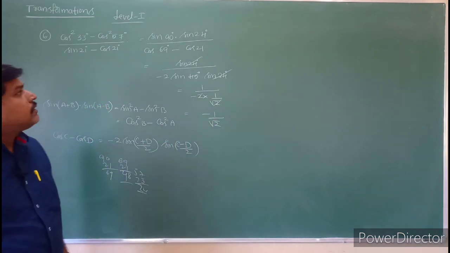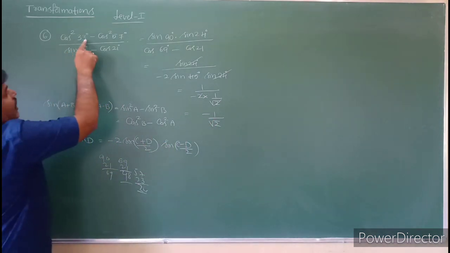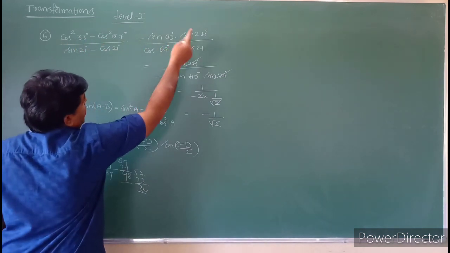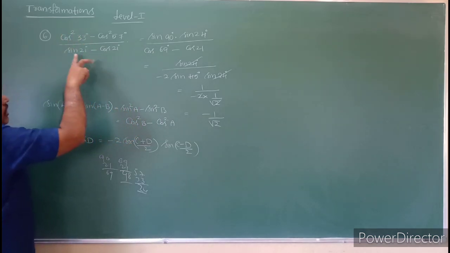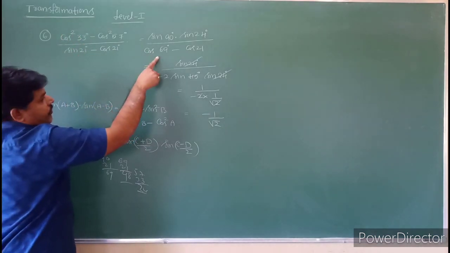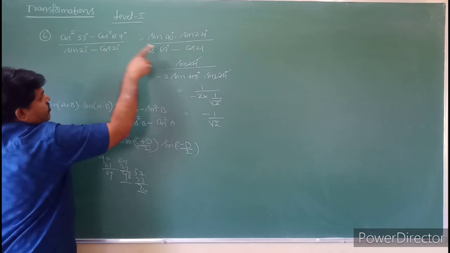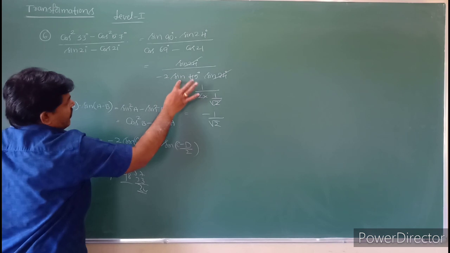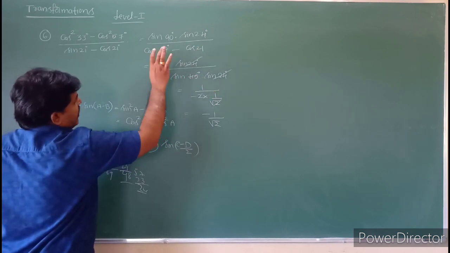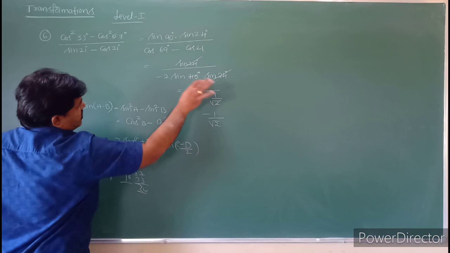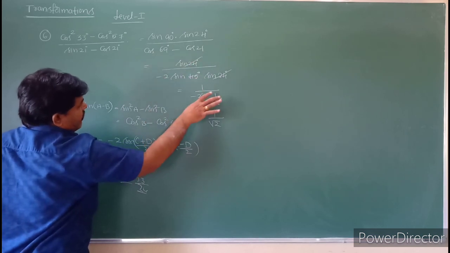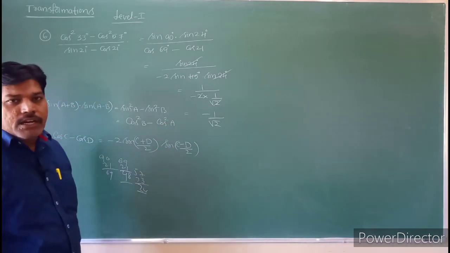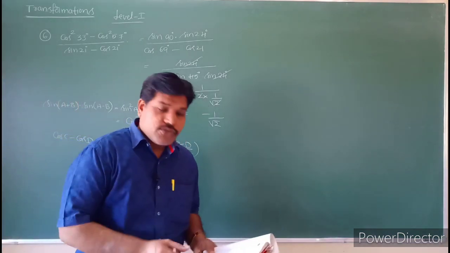Do you understand, students? So first, cos square B minus cos square A is sin of (A plus B) into sin of (A minus B). In the denominator, the sin term I will change to cos(90 minus theta). So 90 minus 21 is 69, minus cos 21. Using the cos C minus cos D formula, minus 2 into sin of (C plus D) by 2 into sin of (C minus D) by 2, the sin 24 will be cancelled. Sin 45 is 1 by root 2, and cancelling, you will get minus 1 by root 2. Okay. So see that question, students.